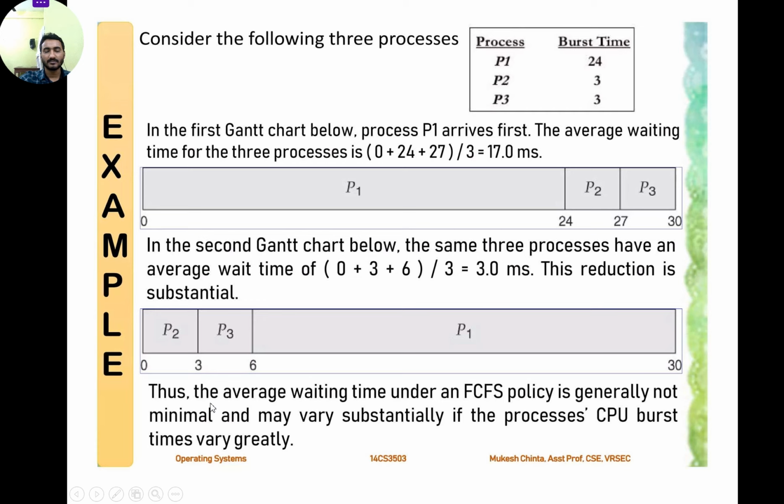So this is a problem with FCFS. If we change the execution order of processes, then we'll get a different average waiting time. So the policy is generally not minimal and may vary substantially if the process CPU burst times vary greatly. The problem with FCFS is that if you get a process with a very big burst time, then what happens, the